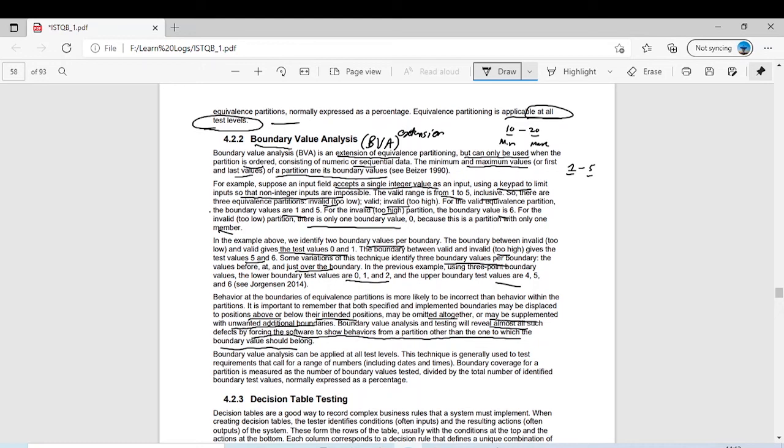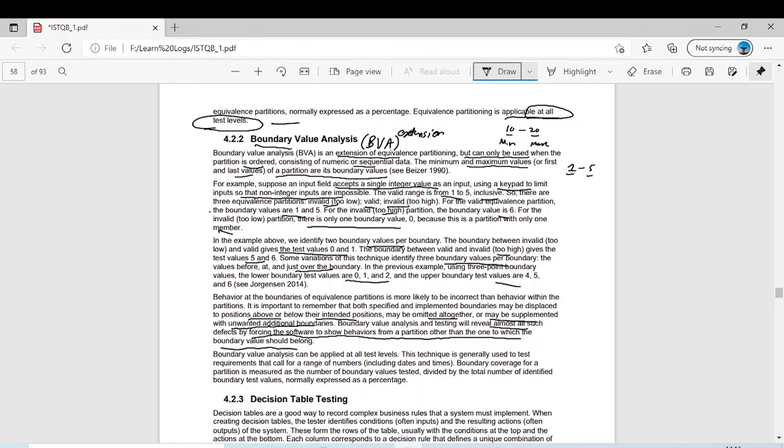So it's very important when the system is running, as there is a possibility of omitting some boundary values or some intended position is not critical. We need to be very precise. Sometimes we have a safety critical system, so in that case we need to check our system beyond the boundary values. For example, it should not accept this particular value 6. Let's say we only have a 1 to 5 range, so we should check whether our system is accepting the value 6 or the value 0. It should not be the case. That's why we should do boundary value analysis.